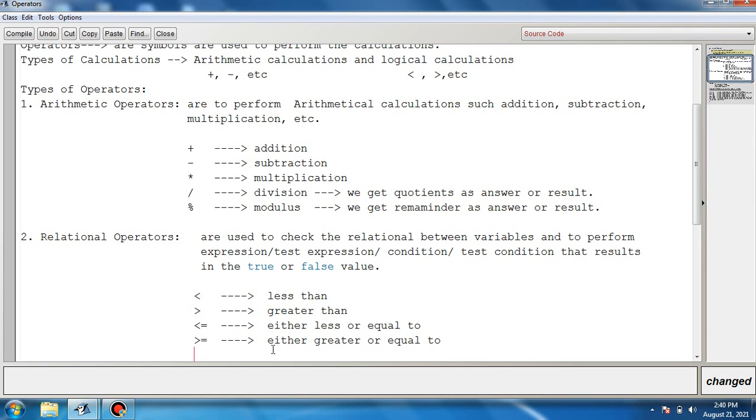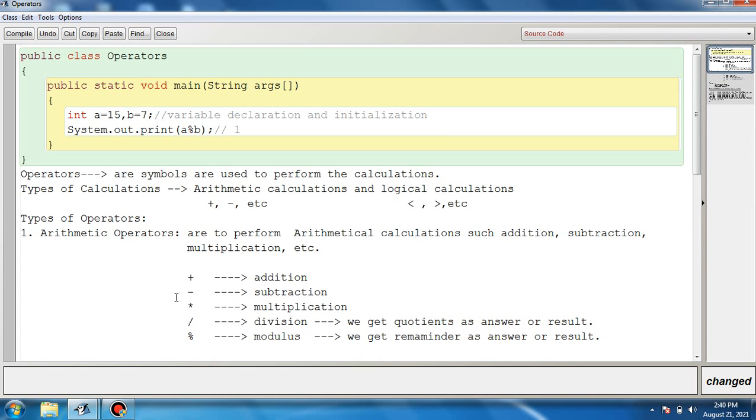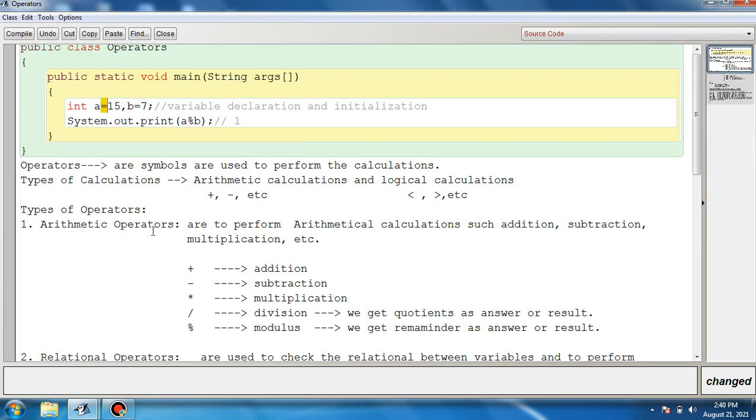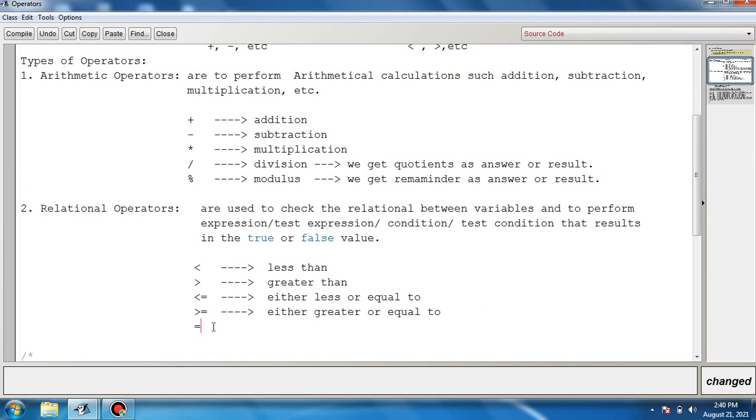Next is to check the equality. In mathematics you use the single equal to symbol, but in Java we don't use single equal to, because single equal to is used to assign values, as I have shown you earlier, how to assign a value to a variable. So to check that two numbers are equal, we use double equal to. We type the equal to symbol 2 times.